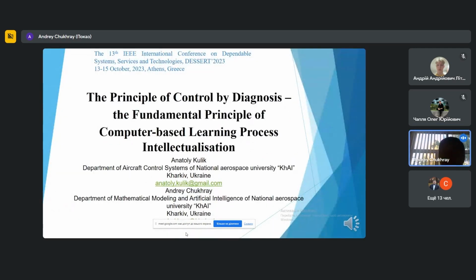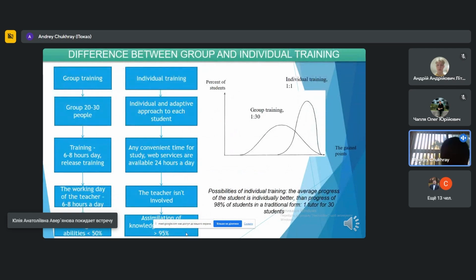Thank you. So the name of our report with Professor Kulik is "The principle of control by diagnosis is a fundamental principle of computer-based learning process intellectualization." And firstly, we should start with motivation. So you know that